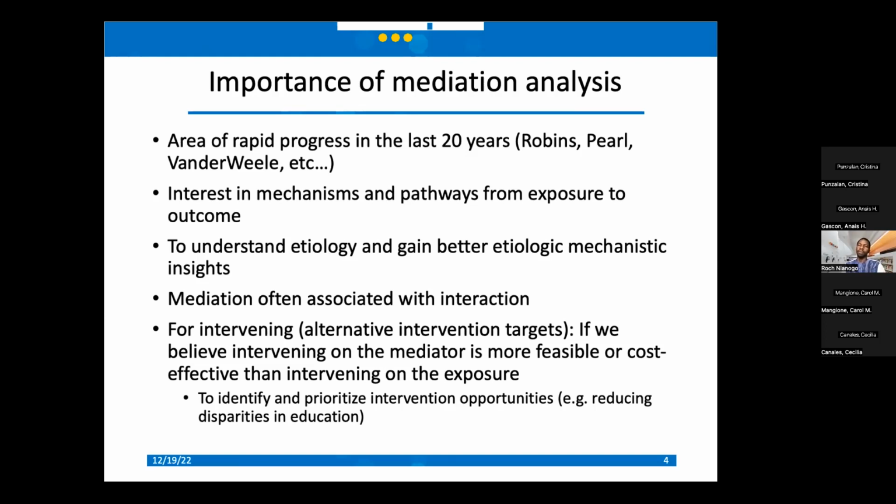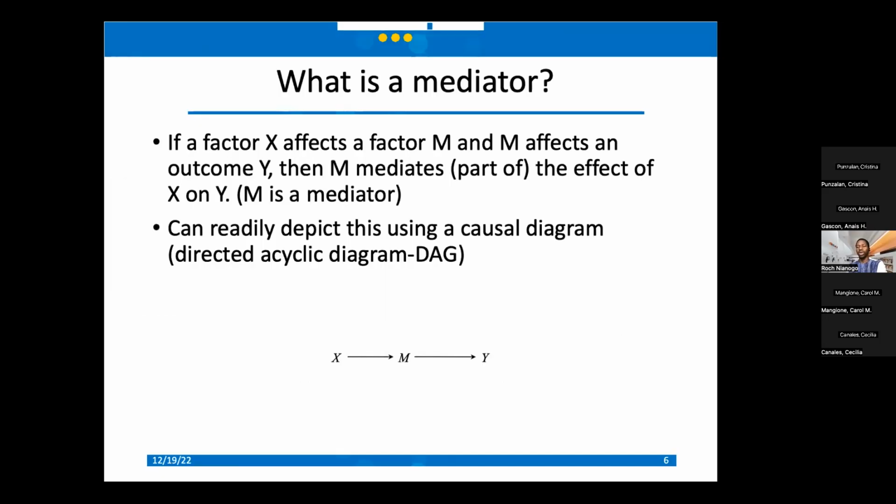One of the reasons why we think it's really important to understand what causal mediation analysis can help us do is the fact that sometimes, especially in the area of intervention research, when we might want to intervene on an exposure, that may not be feasible or cost effective. And so mediation analysis allows us to quantify and identify different pathways that may be more practical or feasible to address. This is basically the essence of the talk today. So before we go into detail, let's talk about some preliminary definitions.